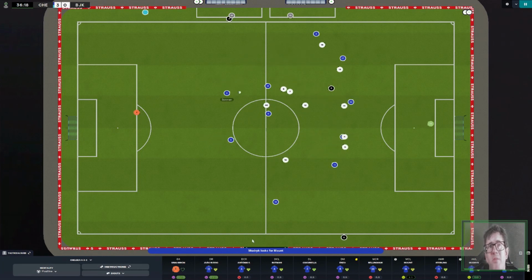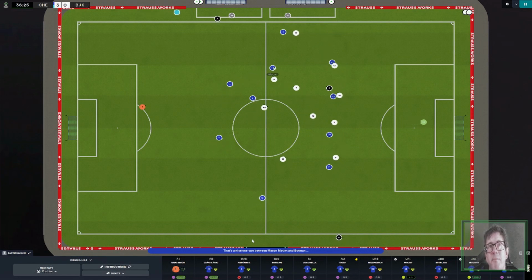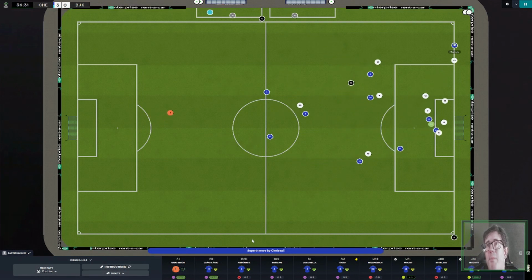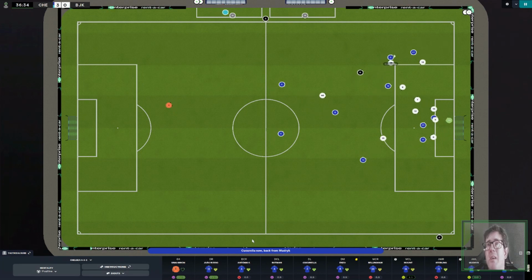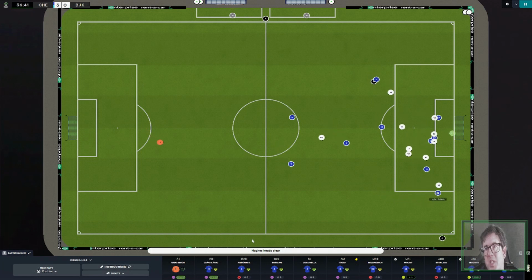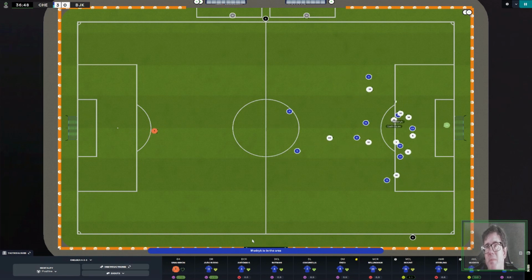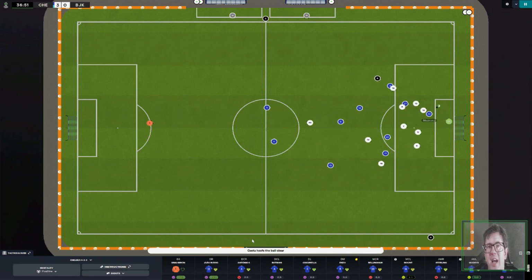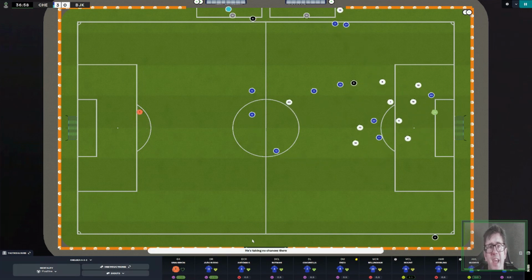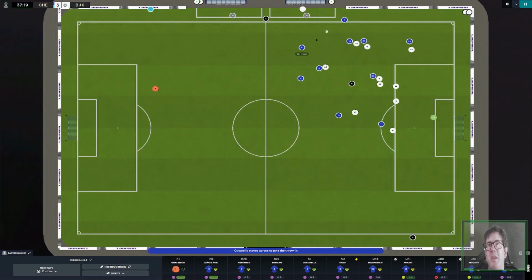So Mount to Botman, Mount again, Botman to Mount. Forward for Bellingham, he's in on goal, can't beat the keeper. Mudryk keeps it in play, finds Cucurella. Sterling is beaten to it, but João Mario picks up the loose ball, plays it back to Enzo Fernandez, Mount into Mudryk, and Moukoko is denied by the keeper. They get it out for a throw-in, and the highlight comes to an end, but then we get an immediate